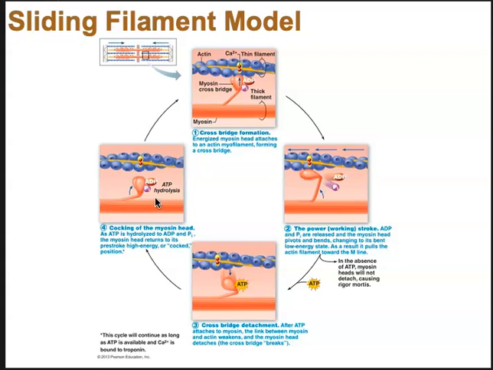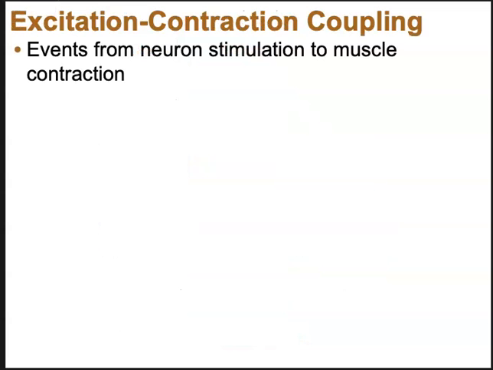And to get you to think about this, I want you to think about what in some cases is referred to as rigor, when the first binding occurs. No ATP, we just have ADP. Myosin heads are attached in rigor, because rigor means stiff. But I don't want you to think about it that way. What I do want you to give some thought is, what's rigor mortis? Rigor after death. The body is not alive anymore, it's dead. How is it that muscles are still contracting? I want you to give that some thought too. So this is the sliding filament model, right? So between thin and thick filaments. And here's a quick